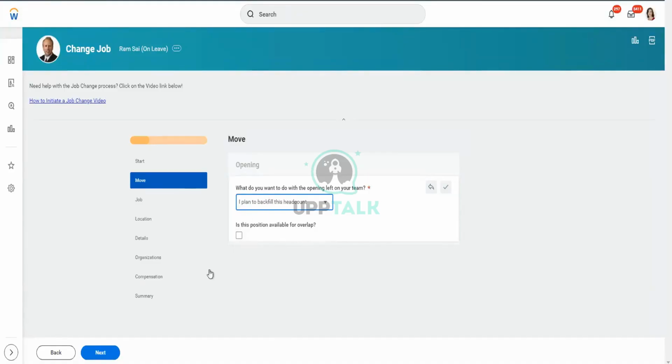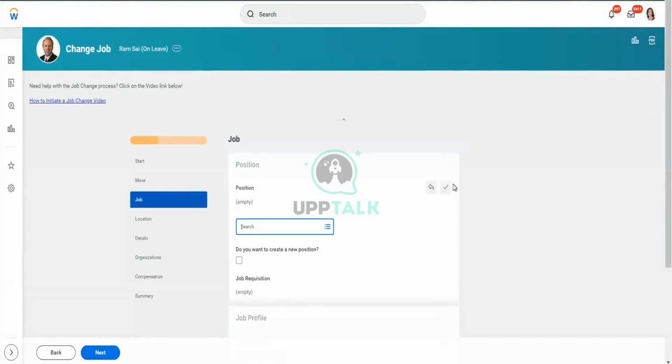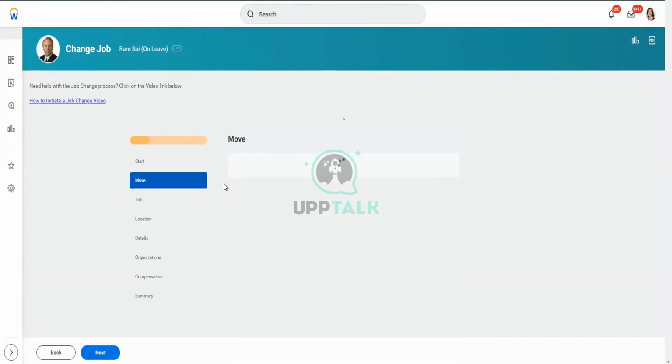The concern here, the impact will be seen: position with job requisition, position without job requisition, filled position available for overlap. Remember the option in the move section, available for overlap. Filled position available for overlap. Is this position available for overlap? If you select yes,